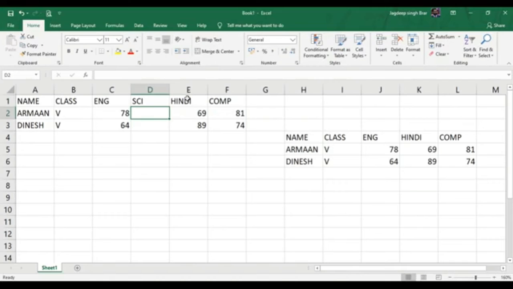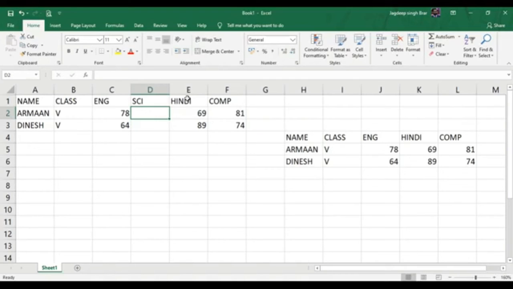Second is inserting rows and columns. To insert a new row or rows, first select the row or the multiple rows starting from the row above which you want to insert the new row or rows. Similarly, if you wish to insert a new column or columns, select the column or the multiple columns to the left of which you want to insert the new column.